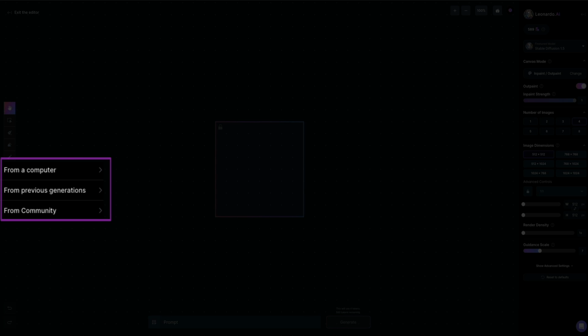Then you'll have the option to upload from a computer, from your previous generations, or even from the community. Yes, you can edit images that other users have generated with Leonardo. How cool is that? But for this example, I'm going to use an image that I previously generated. So I'll select from previous generations,